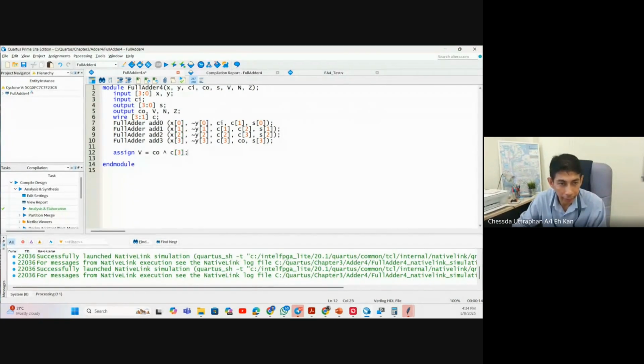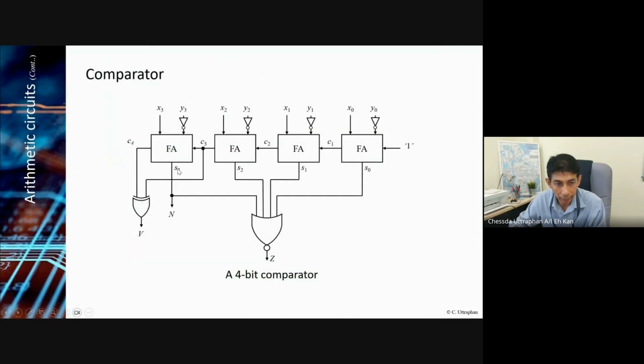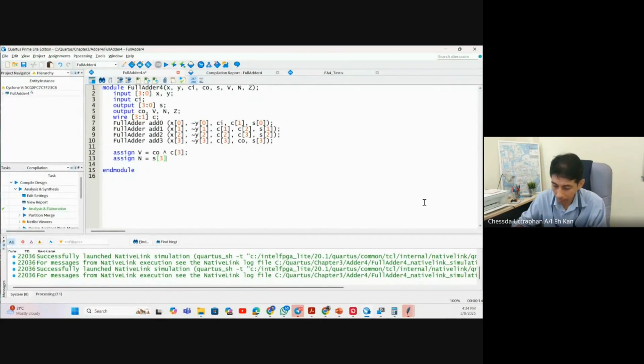V I have already, and I will create n. It's easy to create n, where n is equal to S3, right? That's for n. What about z? Z equals